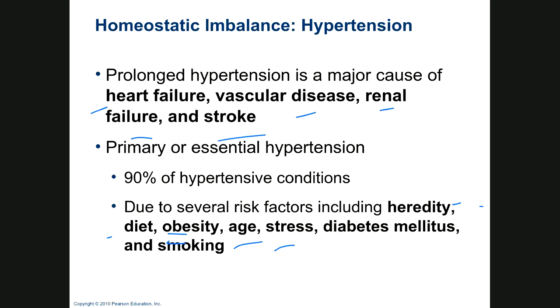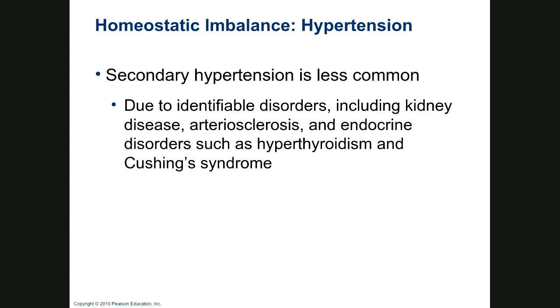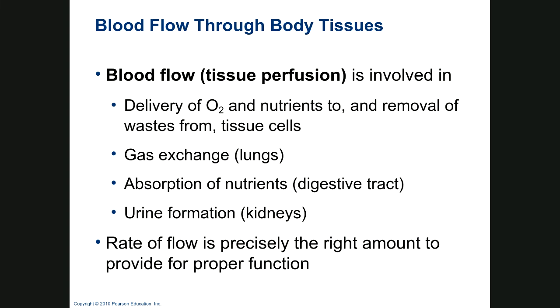Diabetes mellitus can lead to hypertension. Smoking or any nicotine use, including vaping, can lead to hypertension because it's the nicotine that causes it, not the smoke. Nicotine causes vasoconstriction. Secondary hypertension could be due to kidney disease, arteriosclerosis, hyperthyroidism, Cushing's syndrome. Okay, blood flow through tissues, also called tissue perfusion, is essential for oxygen delivery, nutrient delivery, and